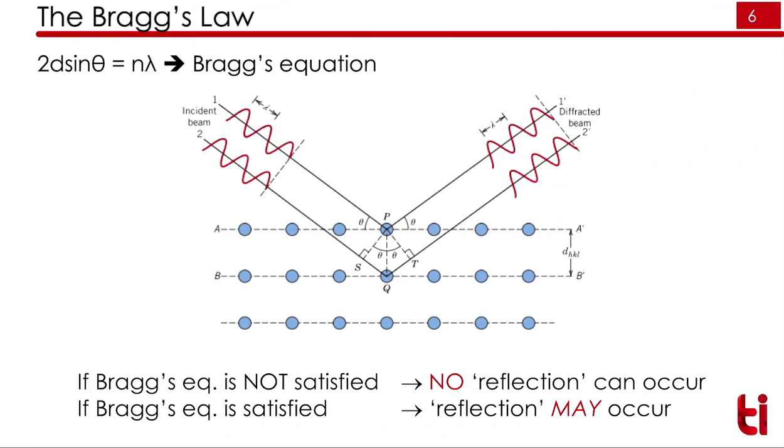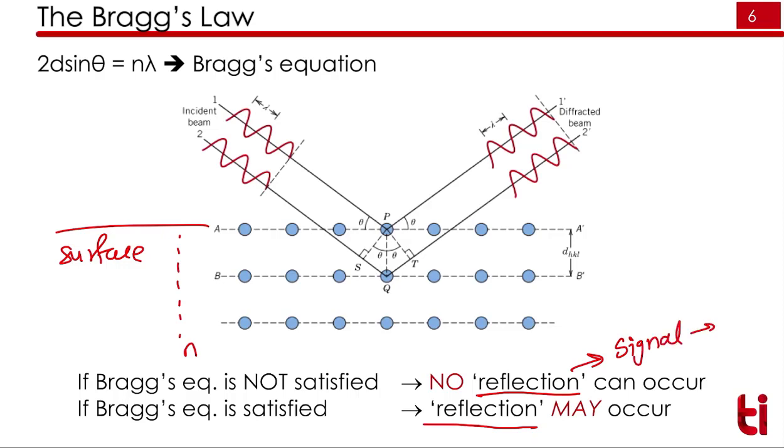Now suppose A is a row of atoms, B is a row of atoms parallel to it, C is another row of atoms; there are n rows of atoms. This is the surface of the metal, and now you are bombarding X-rays on the top surface. So what will happen? This X-ray will get diffracted, and whenever a condition called Bragg's condition is satisfied, we get a reflection, and if it is not satisfied, we won't get any reflection. Now reflection means a signal.